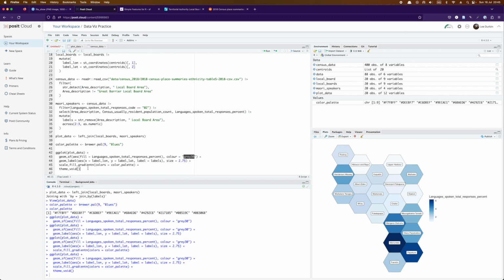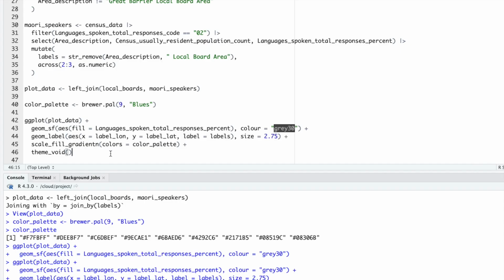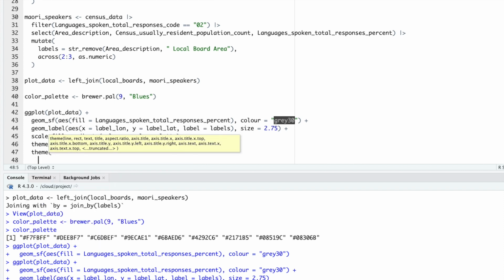But that's a little bit too minimalist, because I do want a title and a subtitle. And also, I'm not terribly happy with having the legend here on the right-hand side. I feel that can probably be moved down below. I think it would look a lot better down below. So let's do that. Let's prepare ourselves for this by modifying the theme, first of all, by calling theme. And I'm going to call